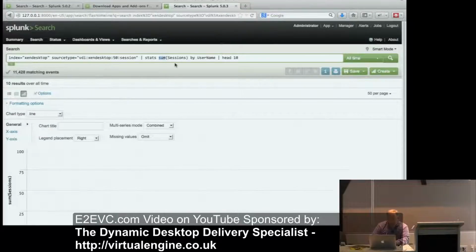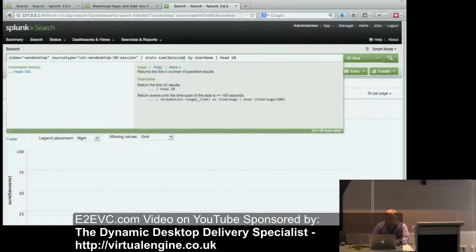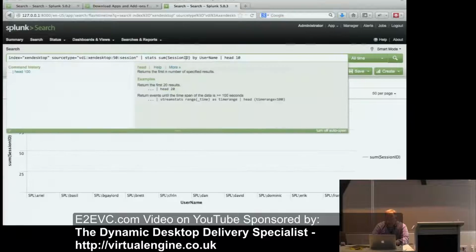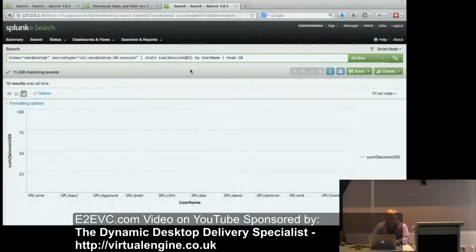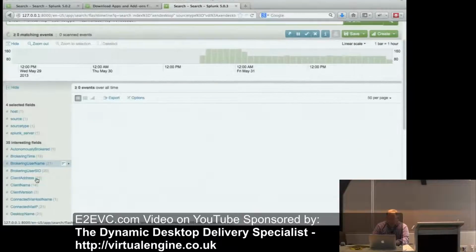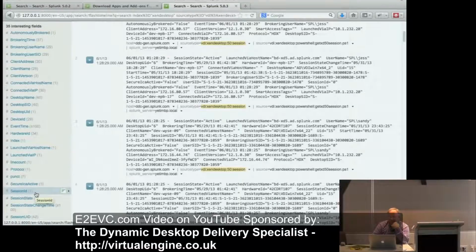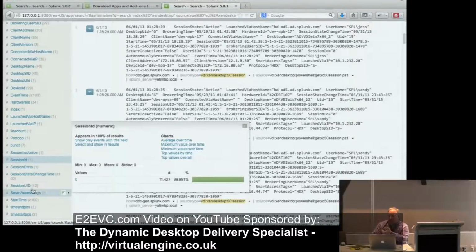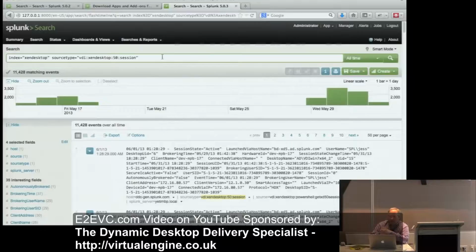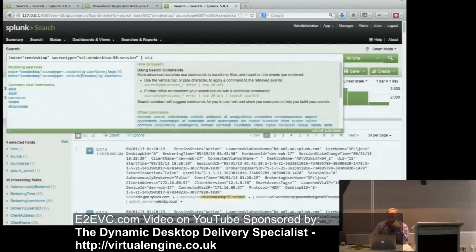So distinct, that's a distinct count of session UID. There we go. So what this means is distinct count. You can do average, you can do sum, you can do max, min, all that kind of stuff.